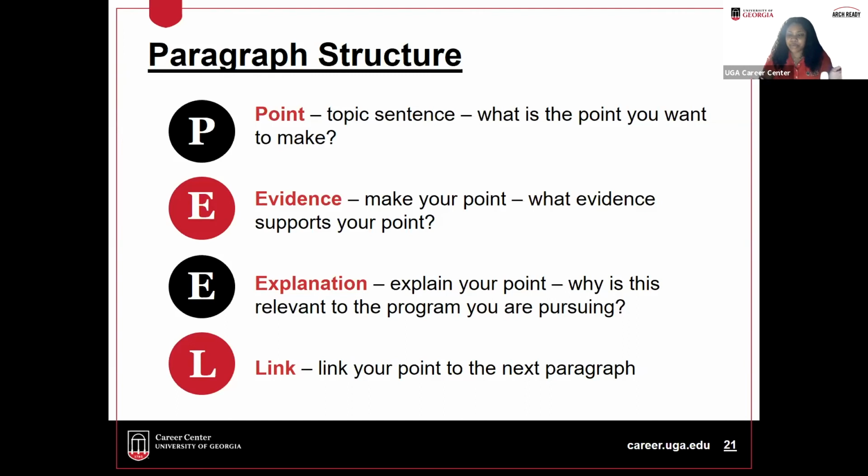So, for example, something that could have gone into my personal statement may have been, working at the University of Georgia Career Center provided me with a ton of resources. What's my evidence? I was able to host a variety of different webinars, such as on personal statements. That's evidence that then supports my point that the Career Center gave me a lot of valuable resources. And then why is this relevant to the program that I'm pursuing? Let's just say that I'm trying to get my master's in psychology. So this is relevant to obtaining a master's in psychology because I was able to sit and work with various University of Georgia students, and it helped me realize the mental health need on campus at the University of Georgia as related to